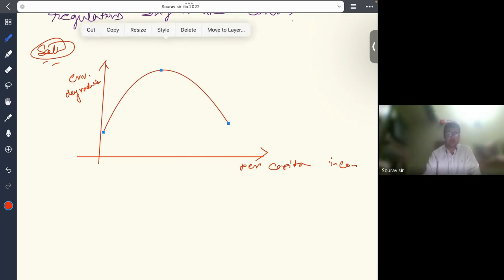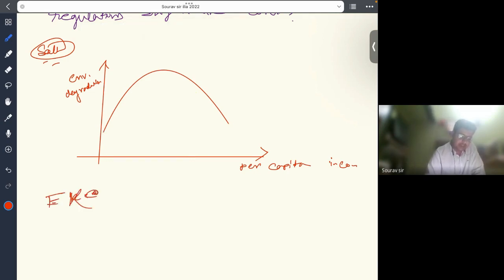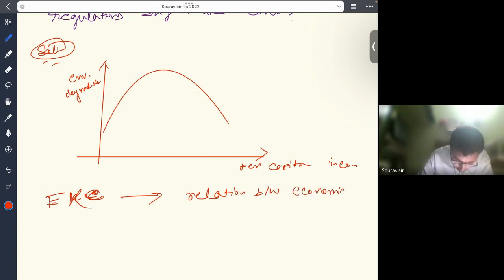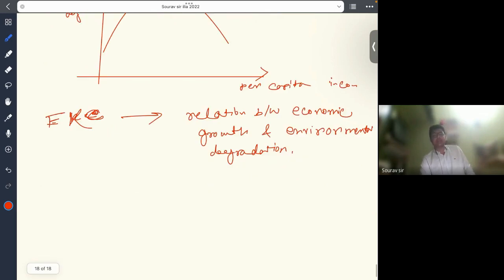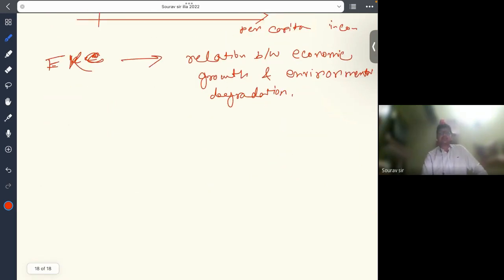So the environmental Kuznets curve, or EKC, as we will mention it, is a hypothesized relationship between economic growth and environmental degradation. This is a relation between economic growth and environmental degradation. Okay, so this EKC postulates that the relationship between